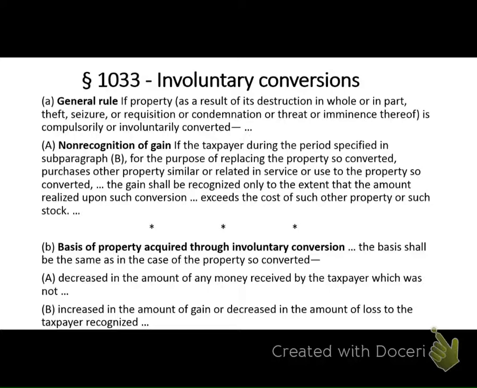So I look at my gain realized. My gain realized was $400,000. That unrealized gain, right? Was realized at the time of the disposition or the payment check from the insurance company. So that $400,000 of gain, I'm only recognizing it to the extent that the amount realized, that $500,000, exceeds the cost of the other property that I purchased. I purchased that other property for $480,000. So the amount that the insurance company gave me exceeds the cost of my new property by $20,000. So I will recognize gain to the extent of that $20,000. Does that mean I necessarily recognize $20,000?